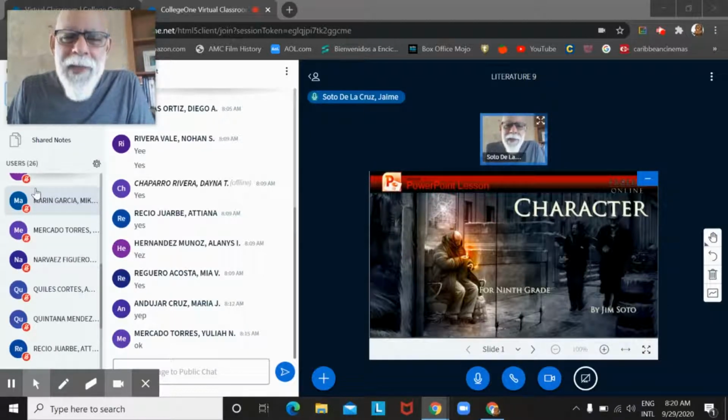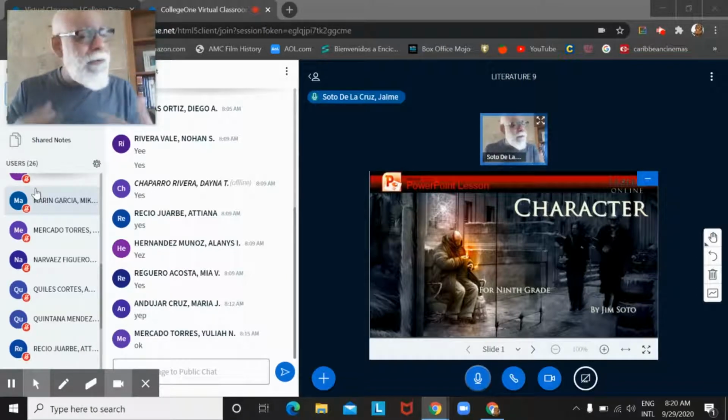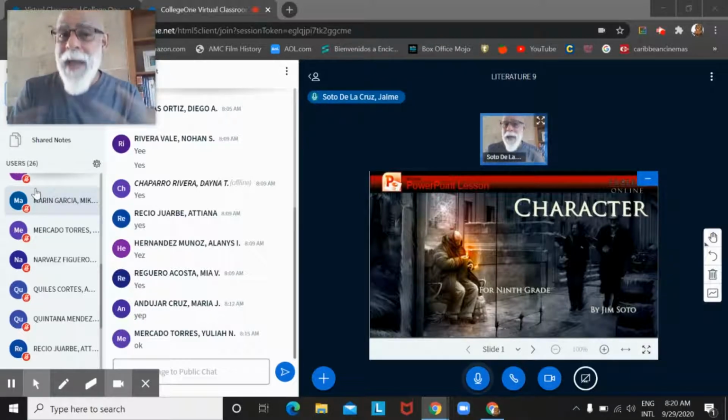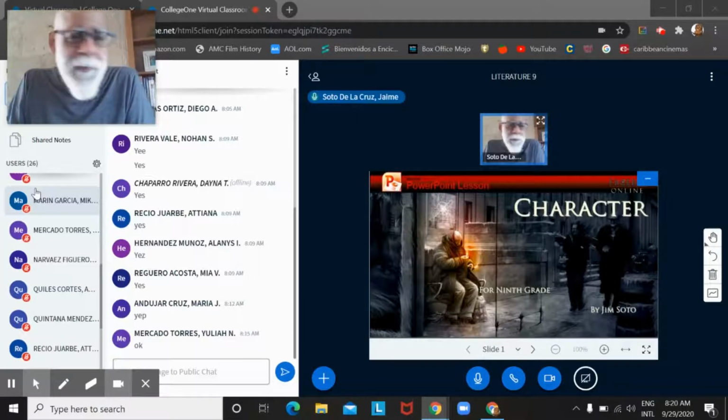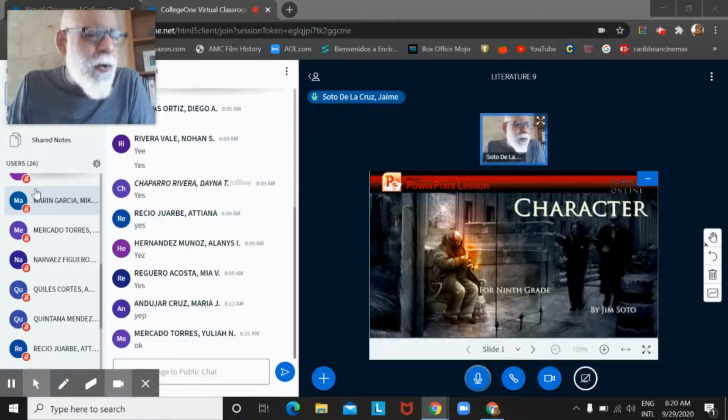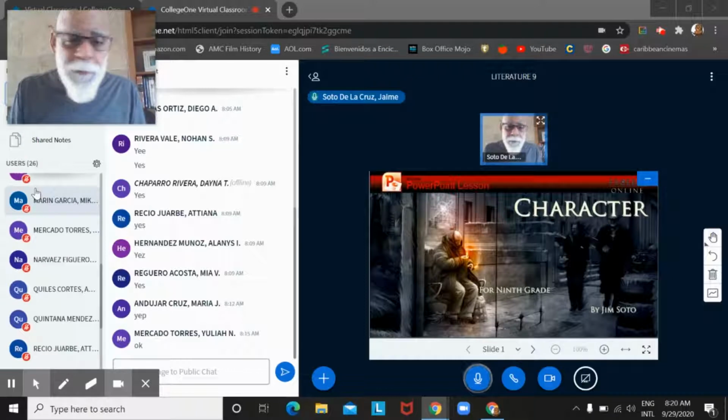Remember that the elements of literature are essential and vital because you cannot have literature without these elements. You cannot have story without plot. You cannot have story without setting. You cannot have story without characters. As a matter of fact, story is about the characters. So this entire collection, which is going to be pretty short, will be dedicated to this particular element, characters.